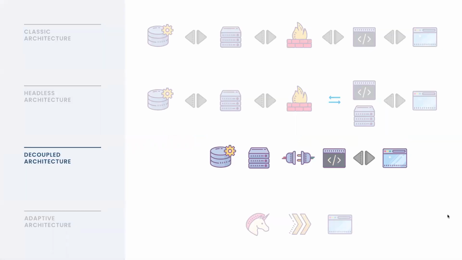And a little overview that I want to highlight side by side is how do we differentiate different architectures? So we have a classic architecture where everything is tightly coupled. You have communication going from a client all the way back to the database. You go to a server, you have firewalls, you go through all of that. Then if any one of those pieces of your ecosystem or your structure has any problems, it affects